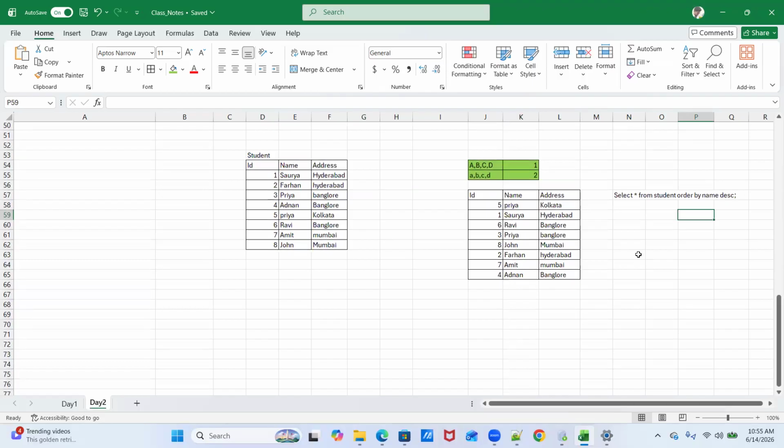Any question? If small letters should come second, then why is the small Priya coming first here in the descending order? Exactly. You mentioned that a small letter should come second, right? Yes, and caps come first. But what we are doing over here is using descending, not ascending. So in descending, this gets reversed, right?